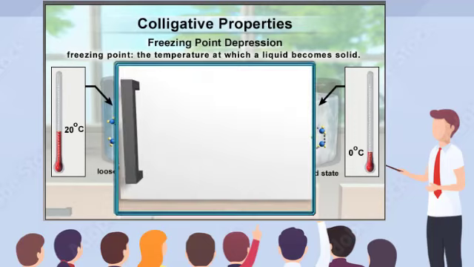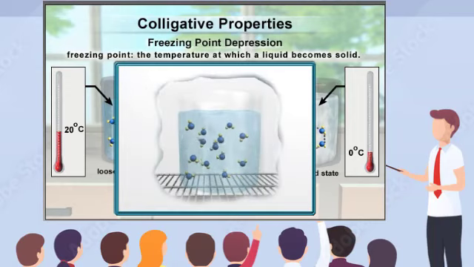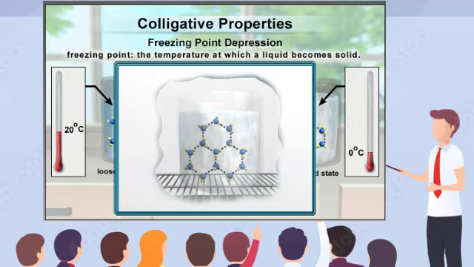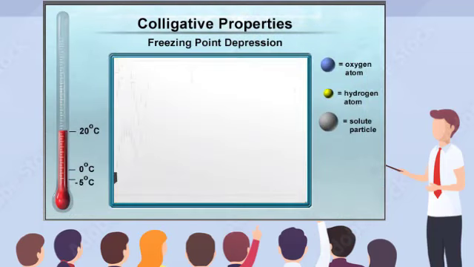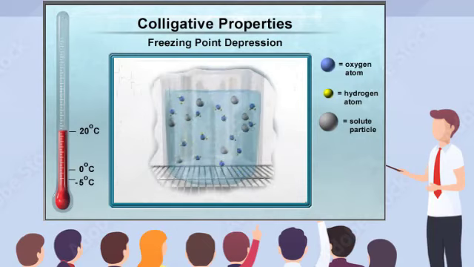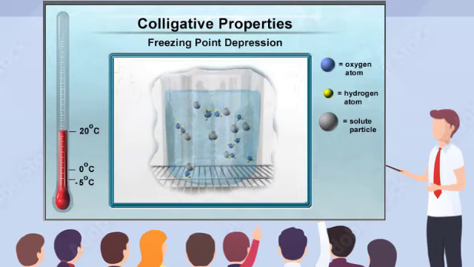At 0 degrees Celsius and 1 atmosphere of pressure, water freezes and turns to ice. The addition of a non-volatile solute to a solvent inhibits the ability of the solvent to form an organized structure. Therefore, the solute must be moved out of the solvent particle's way in order for the solvent to freeze out